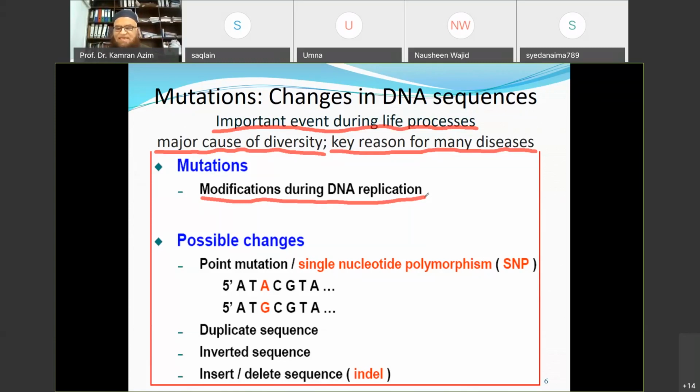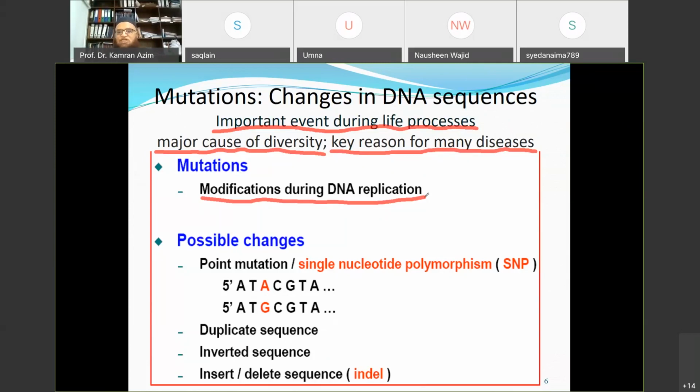इसका मतलब ये है कि अगर कहीं पर डीएनए पॉलीमरेज को ए लगाना है, एडेनिन न्यूक्लियोटाइड लगाना है, गलती से उसने वहां पर साइटोसिन न्यूक्लियोटाइड लगा दिया, तो this is basically a mutation because of the error carried out by DNA polymerase during DNA replication, during the replication process. Okay,